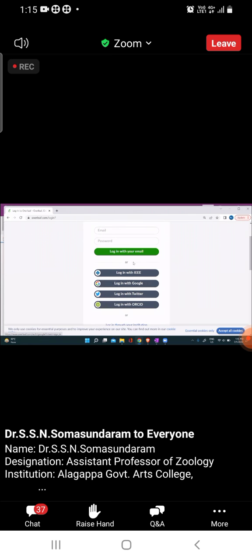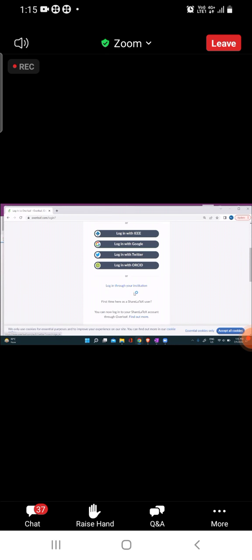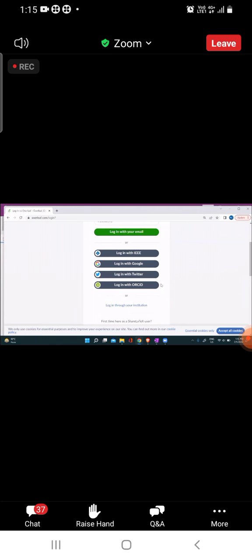You can see there are different methods of logging in. If you have an IEEE account, a Google account, or Twitter or ORCID, you can start with it, or you can log in with your institutional ID also. Many institutions have purchased the premium version of Overleaf, and the institution can provide it to their teachers and research scholars. I will start with login with Google,